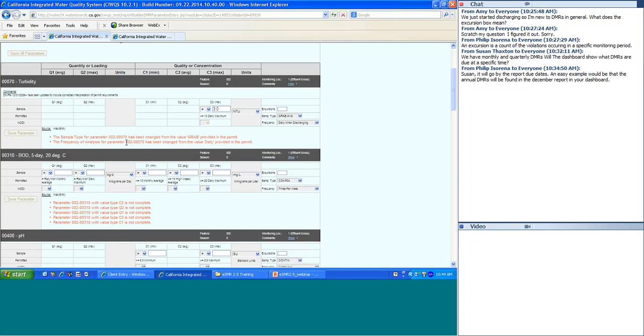You are okay to go through and submit this report or submit this data set, but it's just a warning letting you know what the original value was. So the original value was a grab. So if I change it back to a grab,